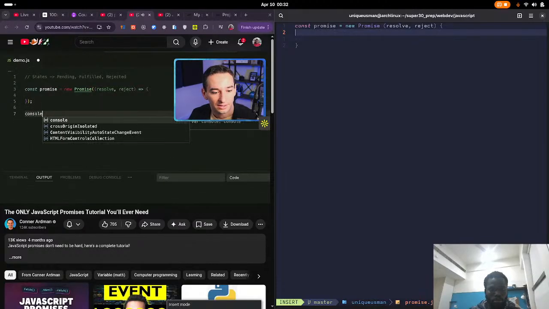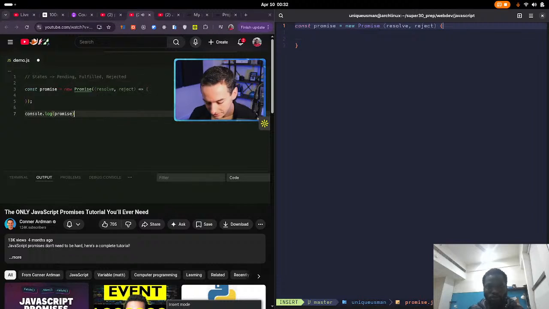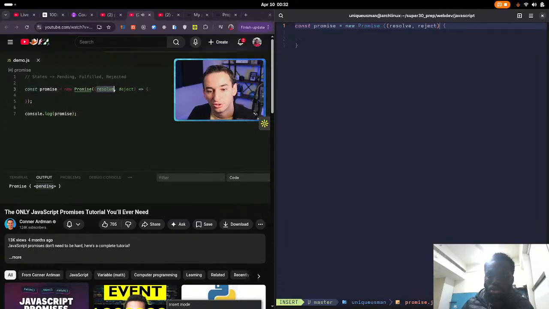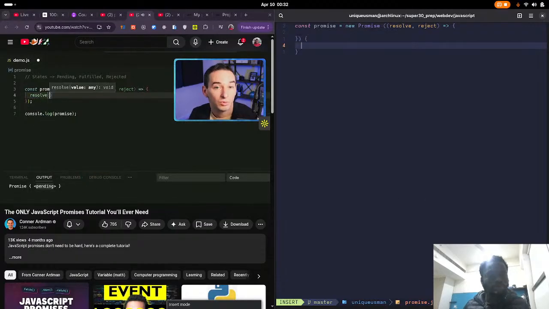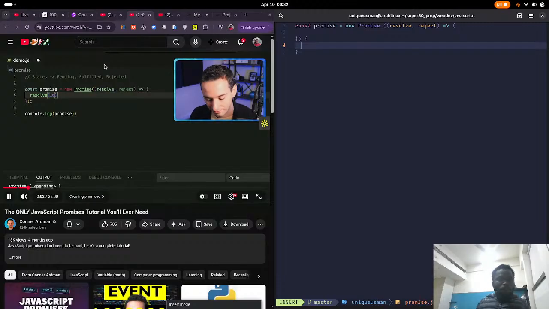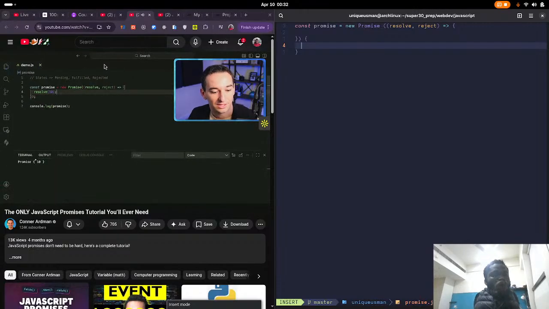And we can come down here and say console.log out our promise, run this code, and you can see we have a promise with a state of pending. But then we can use these two functions to resolve and reject the promise. So resolve means to fulfill it. So these are sort of terms we use interchangeably, and reject, of course, means to reject it. So we could come over here and say resolve, and then we pass in whatever value we want to resolve to, say the value of 10. Now if I run this, you'll see we have a promise with a value of 10. We could put any value here, so this could be a string like hello world, and now we would have a promise